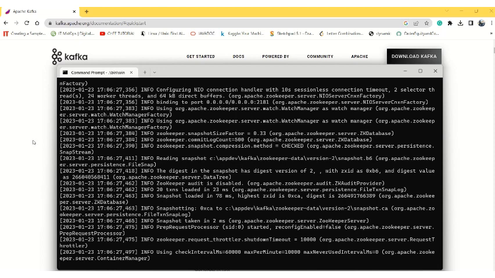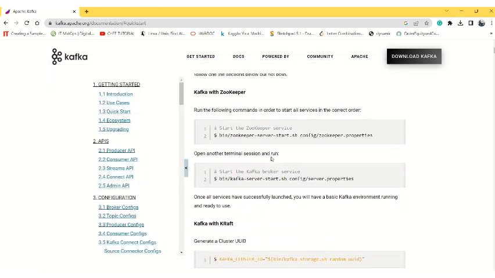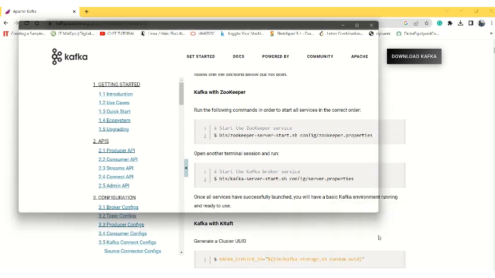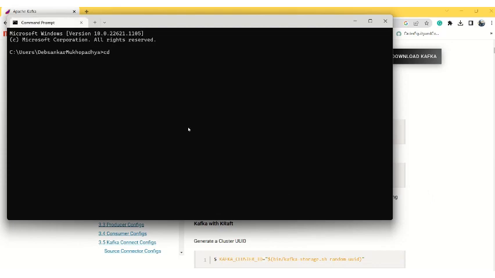Our next task, what is that? That is to start the Kafka broker service. How do you do that? Again, follow a similar pattern. Open a command prompt. Navigate to your folder. It's easy, right? Kafka, and then we go to this folder. This is our root folder for Kafka, and then we do bin,